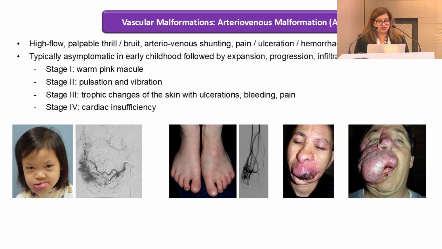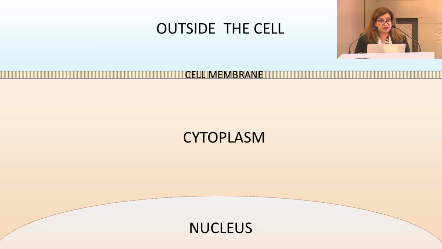And you skip that capillary bed. But now what's making all of this move? Why is this actually becoming so proliferative? Well, it happens at a cellular level. So let's look at this as the cell. We have the outside of the cell membrane, the cytoplasm, and the nucleus.